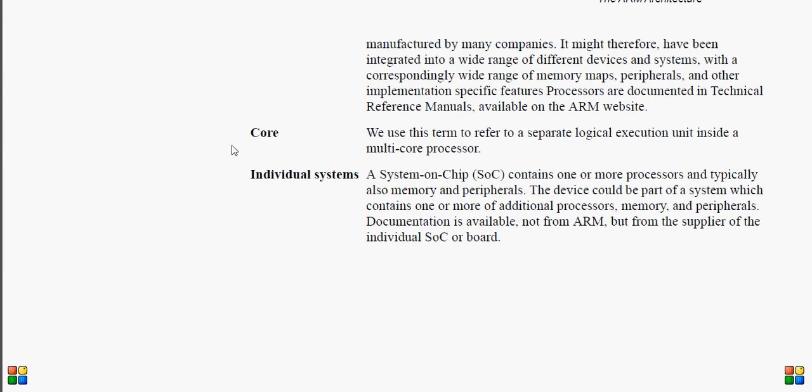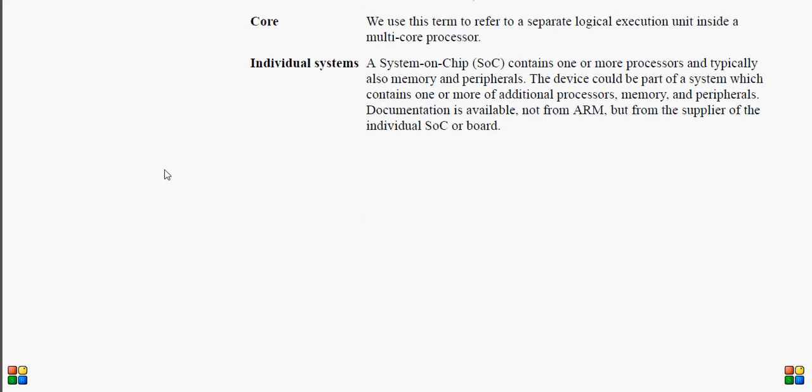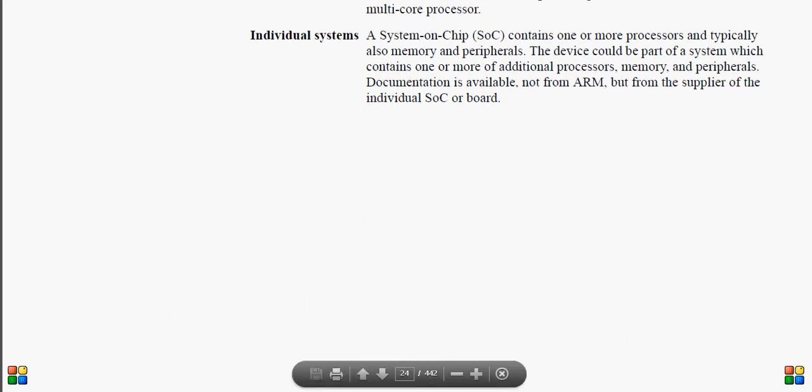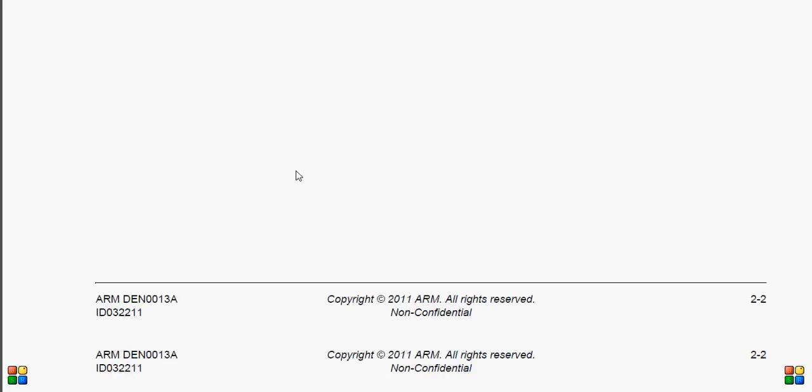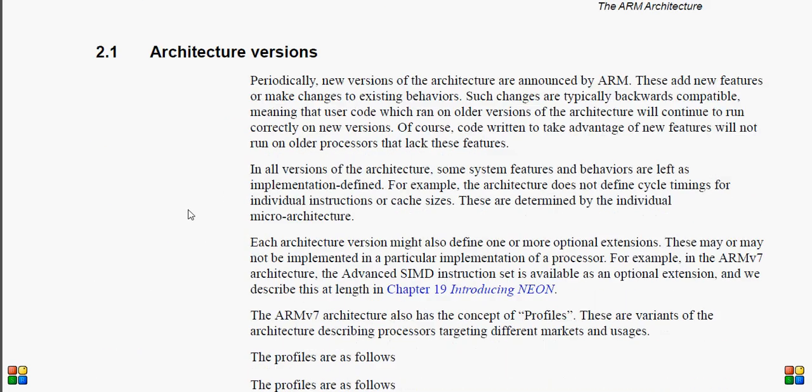Now about the core: this term is used to refer to a separate logical execution unit inside a multi-core processor. Now individual systems. A system on chip contains one or more processors and typically also memory and peripherals.